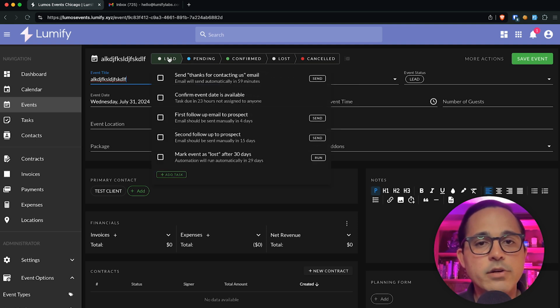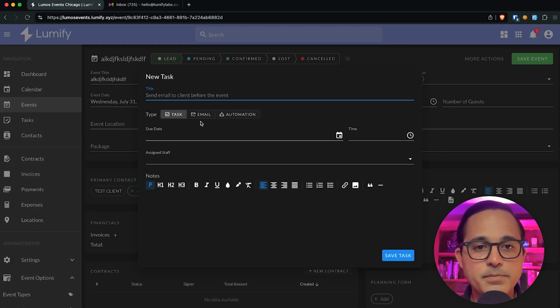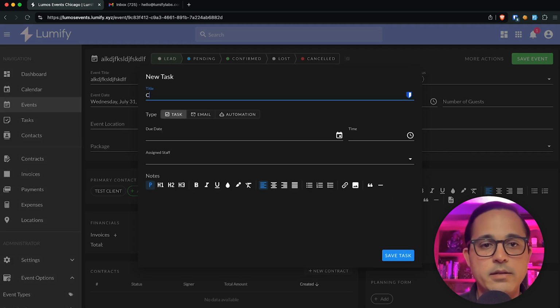Now let's say that you're in the middle of booking an event. They're still in the lead status, but the client has asked you to do something, and you don't want to lose track of it, and you want to add it here as a task. Well, that's really easy to do. You can go in here and hit add task. You can say client request,